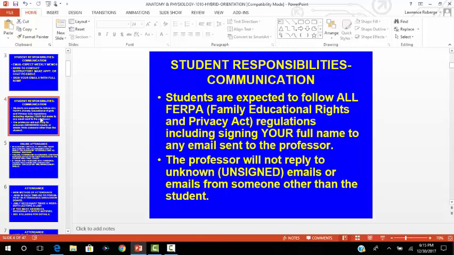It's really important that students understand that there are regulations that hold us responsible in being responsible communicators. And students are expected to follow all of the Family Education Rights and Privacy Act. This is extremely important. And one of the key issues is that I cannot respond to unsigned emails, okay? Or emails from somebody else other than the student. Now, a lot of students are very fast with sending out quick text messages. But if you don't sign your full name, legally, I cannot